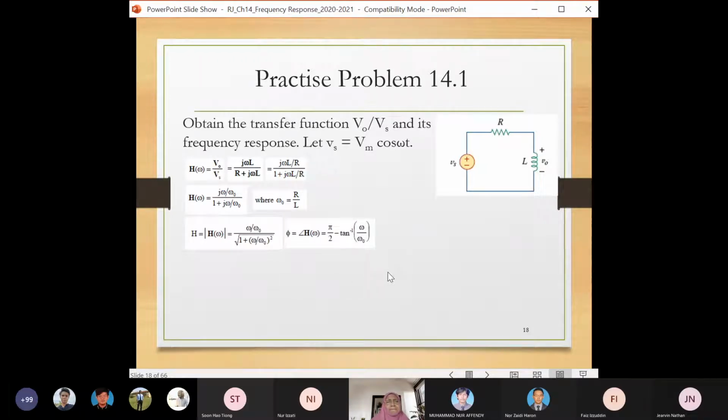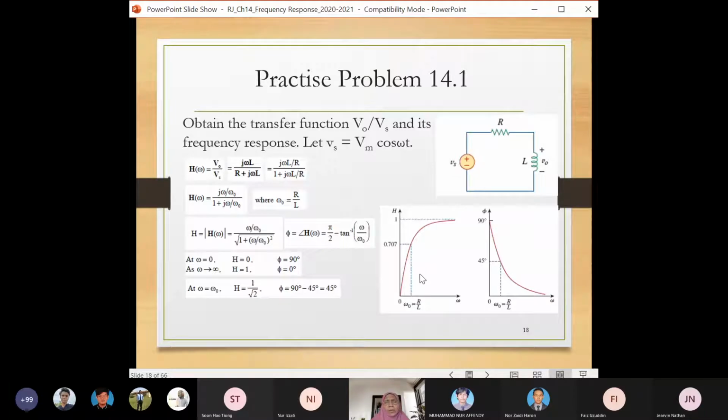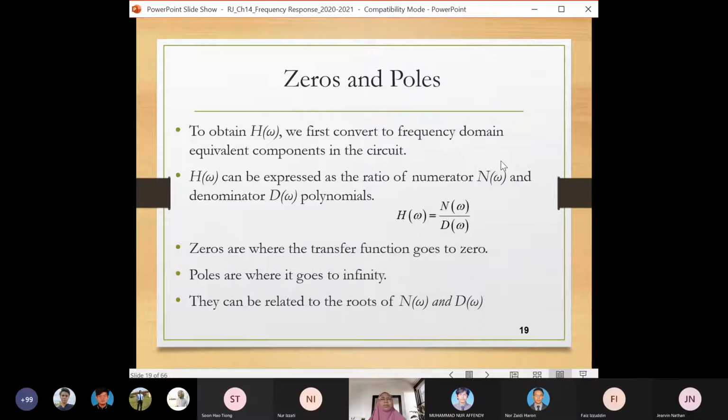And where are we? Okay, now we move on to the zeros and poles. Hold on. Okay, zeros and poles. To obtain the